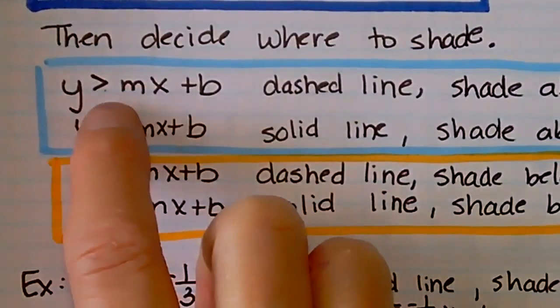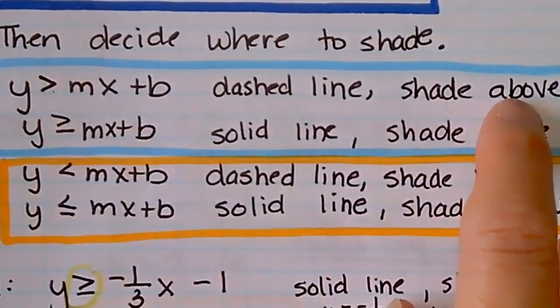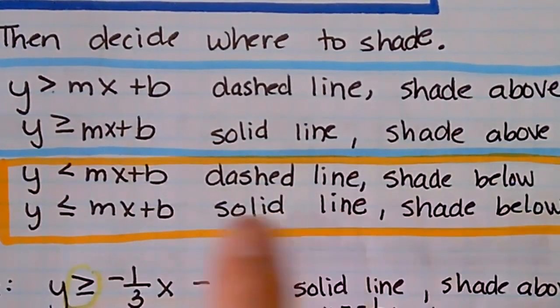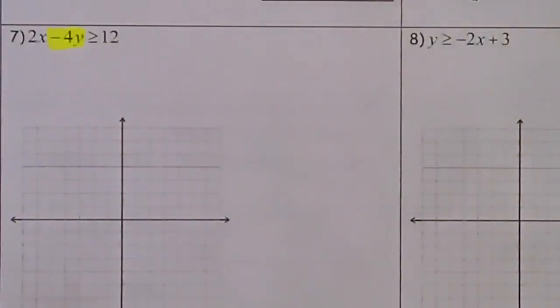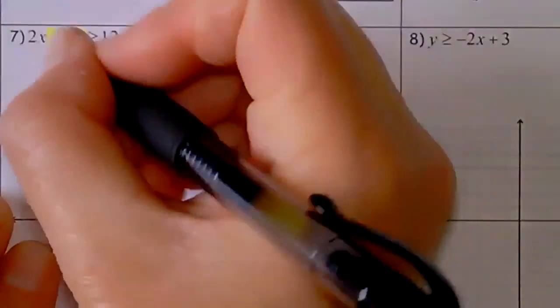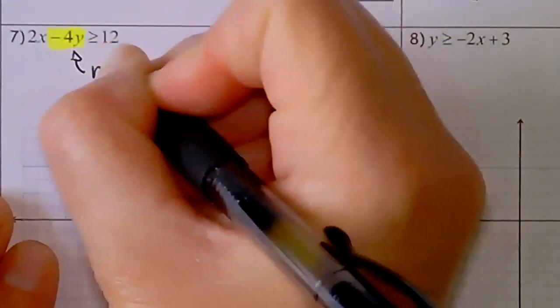So we had seen that if it's y is greater or y is greater than or equal to, we shade it above. But if it's y is less than or y is less than or equal to, we shade below. So you need it in y form. And again, this problem here is not in y form, but you don't have to get it in y form if you pay attention. So this negative 4y, the negative